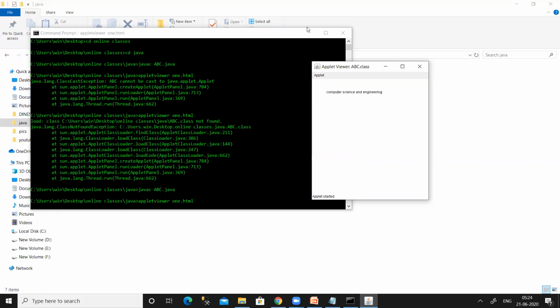And this particular text is started at this particular position. That is, this particular edge is called 0, 0,